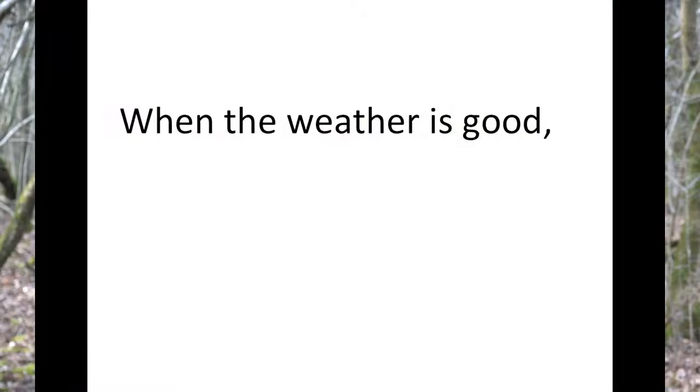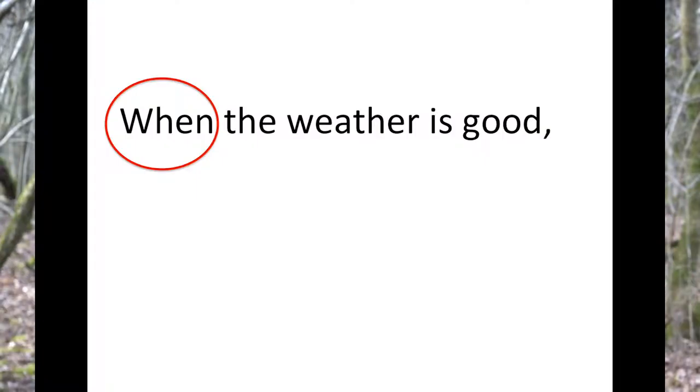We can now go on to our fourth step and draw it all together. Have a look at our parts of speech, have a look at our subjects and objects, and have a look at the different functions within this big sentence that we've been analysing. So, when the weather is good, let's start with that one. In this case, we have a subordinating conjunction already at the beginning. We've got this when element appearing at the beginning. When the weather is good.